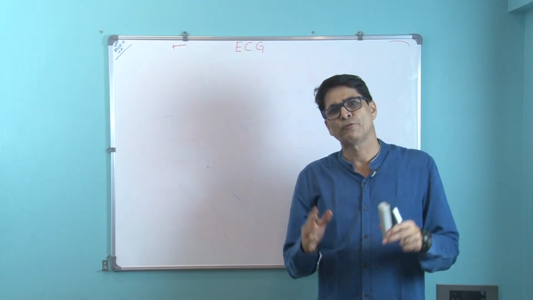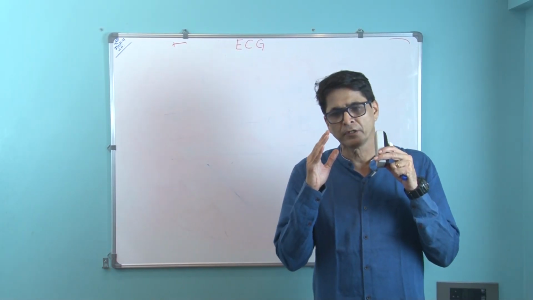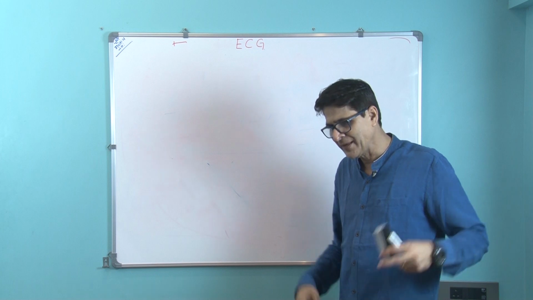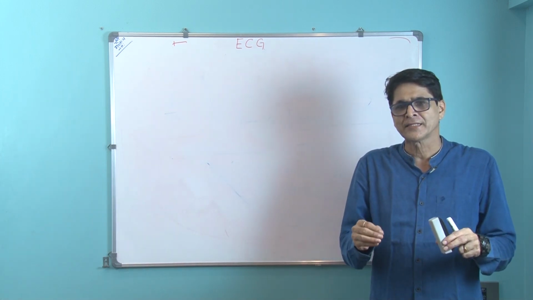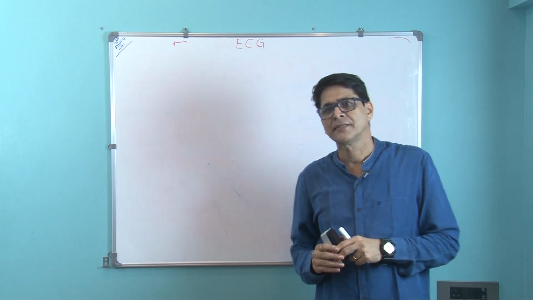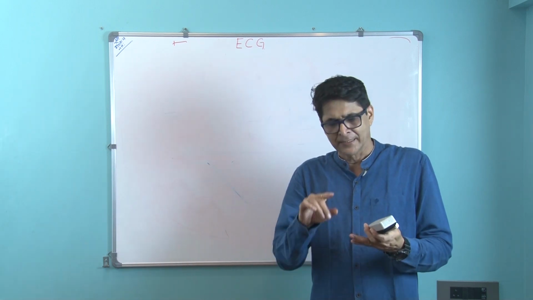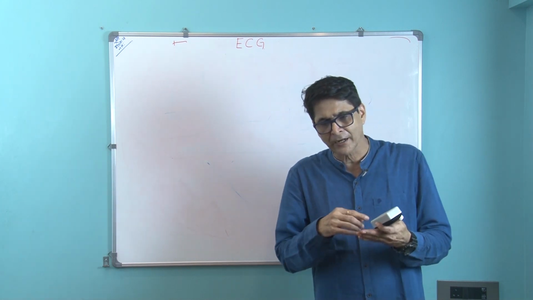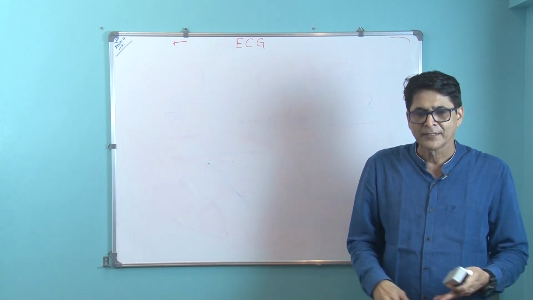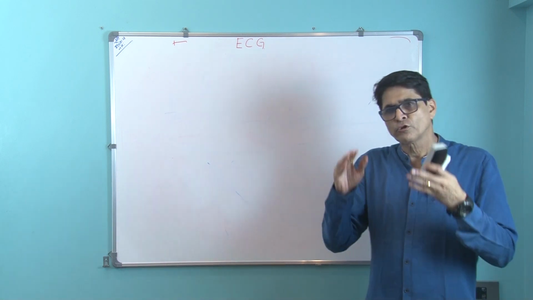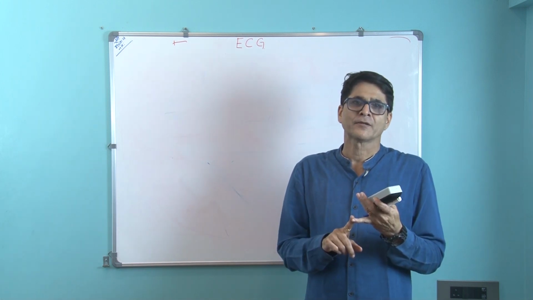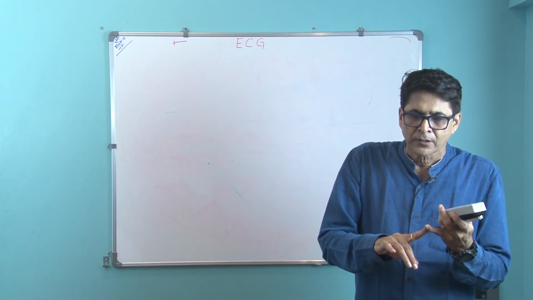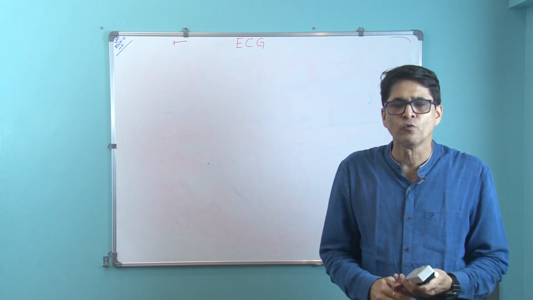Electrical axis, very important topic. Everybody should be able to calculate the axis by looking at the ECG. When we just talk about the axis, by default it is the QRS axis. Yes, there are also the P wave axis, the ST segment axis, and the T wave axis. So there are all the axes, P, QRS, T, but most of the time we analyze the QRS axis. But once you know how to calculate one axis, you will be able to calculate whichever wave axis you want.